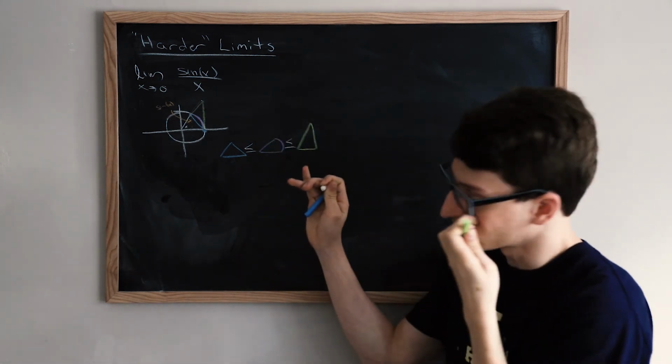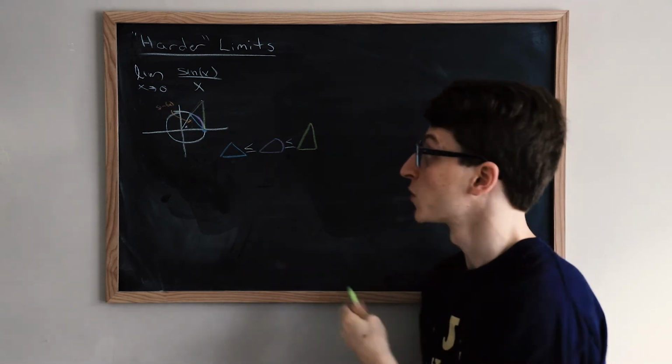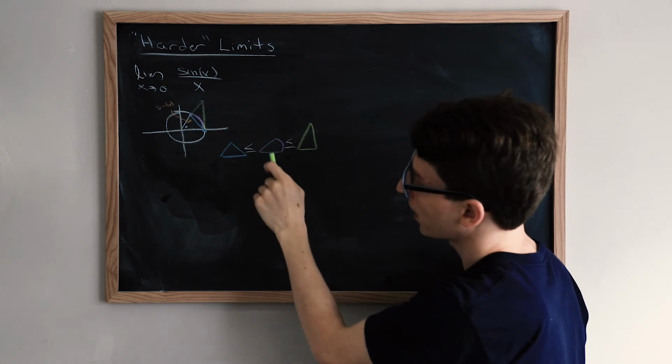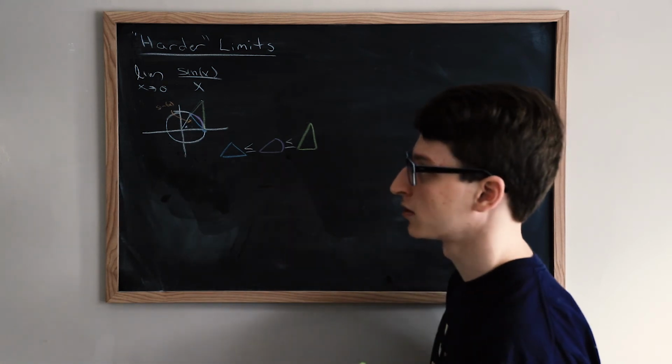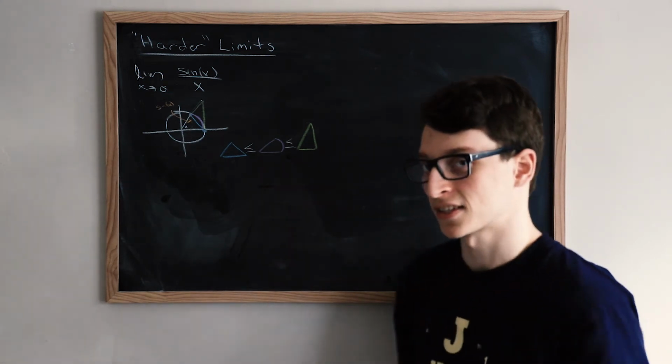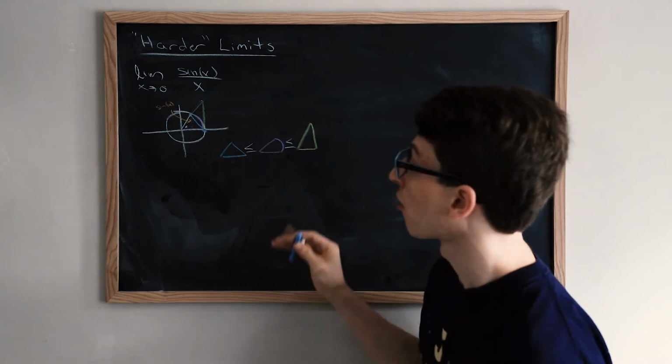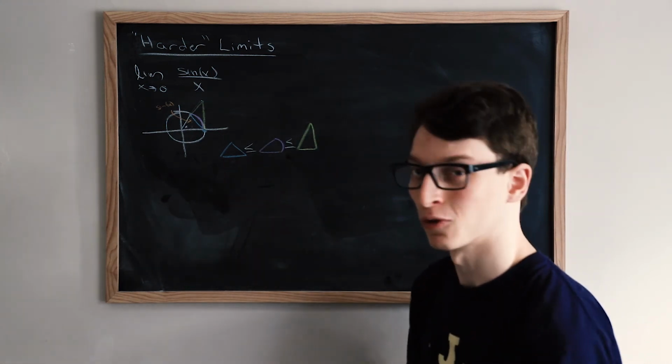And now this is starting to look like squeeze theorem, which we actually talked about in the last video, because you have this sort of lower bound, upper bound, and this thing in the middle. But why does this necessarily relate to squeeze theorem? Well, let's go ahead and figure out what the areas are of each thing, and I think it'll become a little bit more